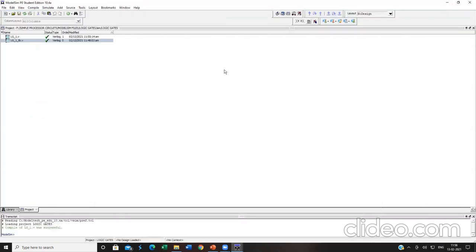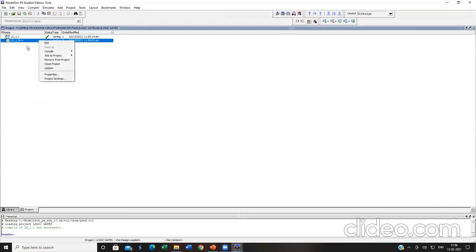Minimize this window. Now select the test bench file and go to simulate. There is no need to compile again because it has already been compiled. The only thing you need to compile, since you are disabling one program and enabling another, is the original file, that is LG_1 alone; it will compile separately this time.